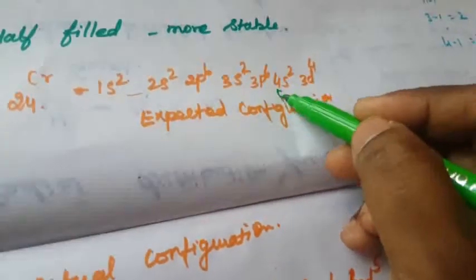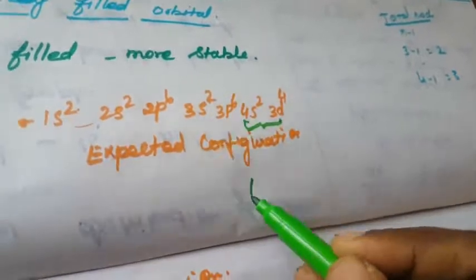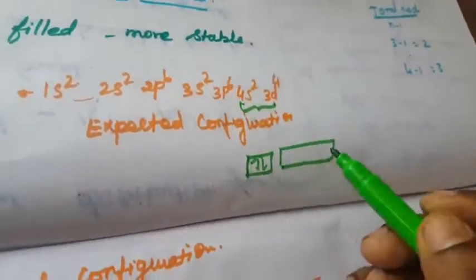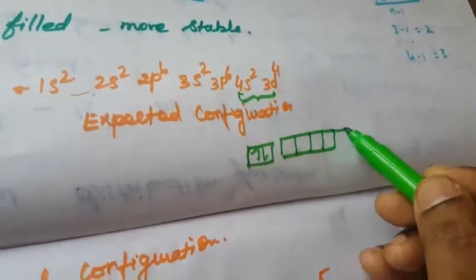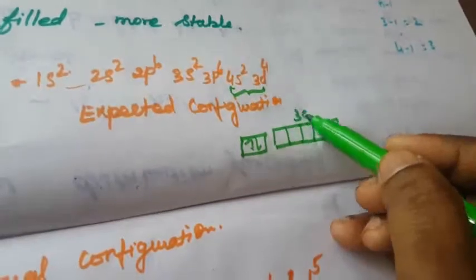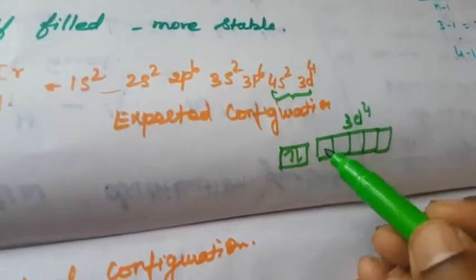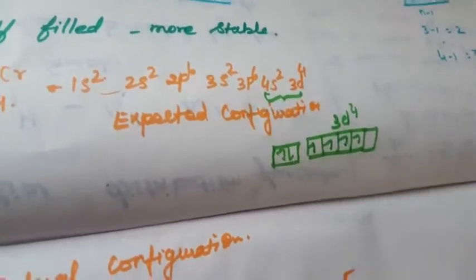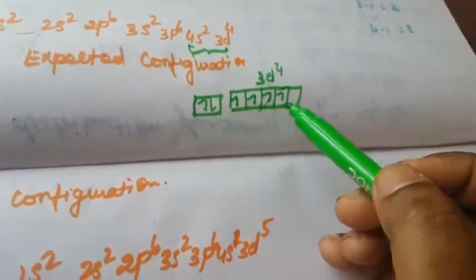What is the reason? I am explaining here. The last two orbitals I am writing here. What is the 4s orbital? In the 4s orbital, only 2 electrons are there. The d orbital means how many boxes are there? Only 5 boxes are there, right? These are the 5 boxes, that is 3d4. How to fill the electrons? Half filled, then completely filled. 1, 2, 3, 4. Okay, that is the 4 electrons that will be over.